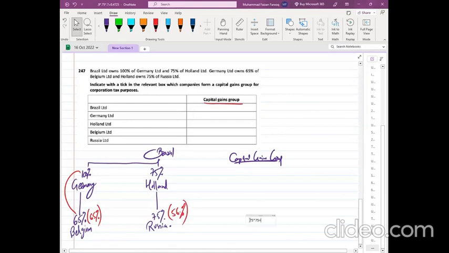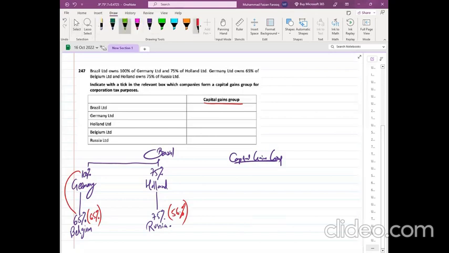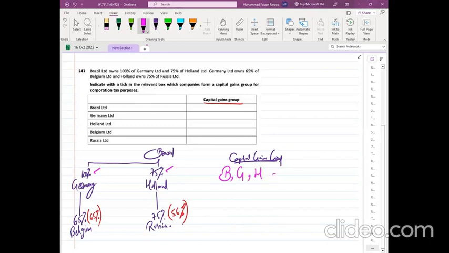कैपिटल गेन्स ग्रुप। अब देखो जरा, कैपिटल गेन्स अभी लास्ट क्वेश्चन में ही सीखा है। सबसे पहले अपने आपको तरीका बताया, वही तरीका, डायरेक्ट होल्डिंग वाली कंपनी अलग कर लो। तो सर ब्राजील आ गई, जर्मनी, यूके रेजिडेंट ही है सारी कंपनियां, कोई बाहर की है नहीं, तो जर्मनी भी आ गई और हॉलैंड भी आ गई, क्योंकि डायरेक्ट होल्डिंग का रूल था 75% का। अब आते हैं इनडायरेक्ट वाले। इनडायरेक्ट का रूल है कम से कम 50% इफेक्टिव। तो अगर हम देखें तो इफेक्टिव बेल्जियम जो है, बेल्जियम जो है वो 65% और रशिया जो है वो 56%।